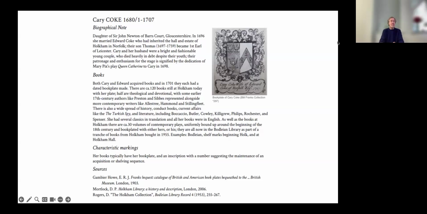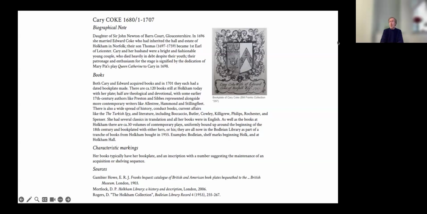It has a section headed Books, which aims to describe what we know, what we can say about the books that person owned, what kind of library they had, what kind of thing might have been in it, what happened to their library, if we can know that. The content of that field varies a lot from entry to entry, depending on what kind of information we have got. Some of them are quite short and some of them are quite long. It's entirely a free text kind of construct.